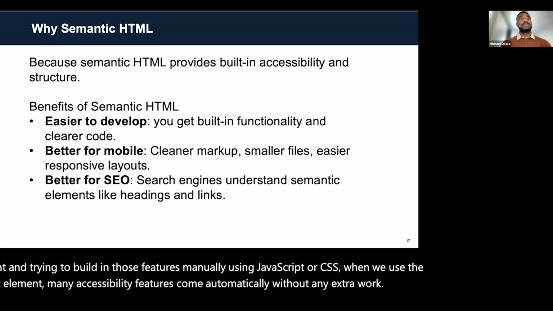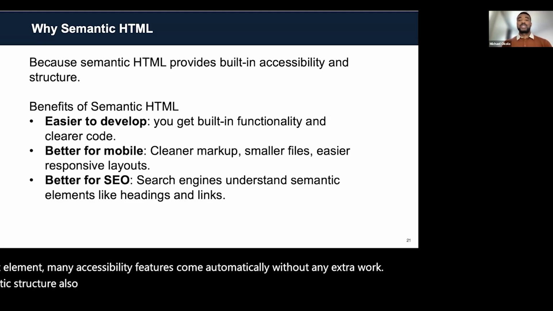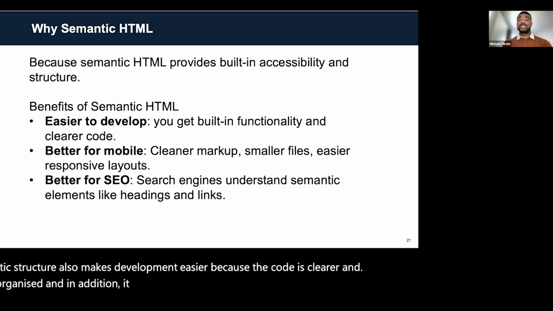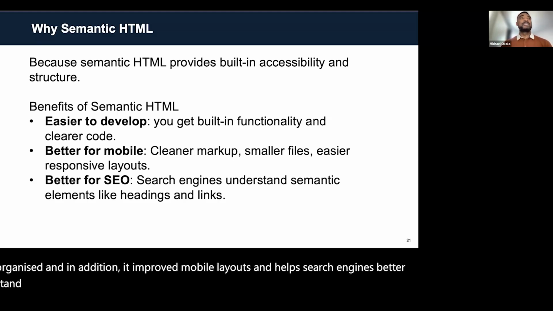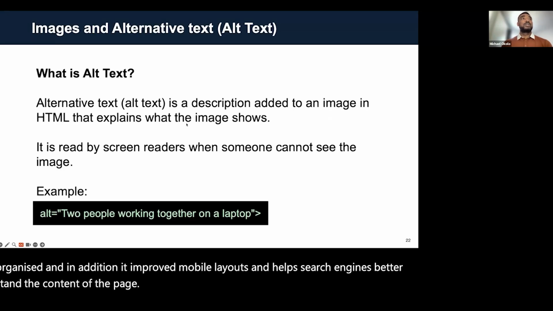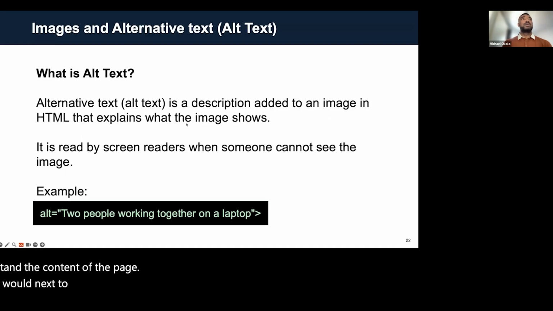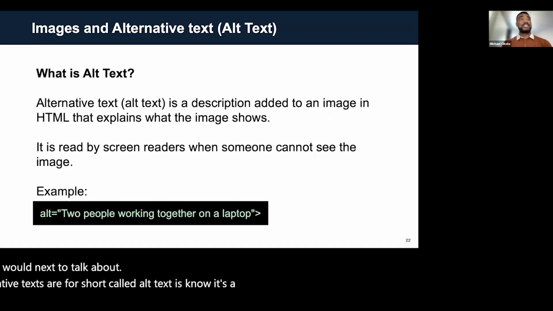Semantic structure also makes development easier because the code is clearer and more organized. In addition, it improves mobile layouts and helps search engines better understand the content of the page. So next, we'll talk about alternative text. Alternative text, or alt text for short, is a short description added to images in